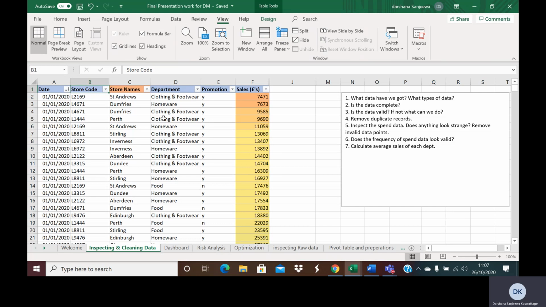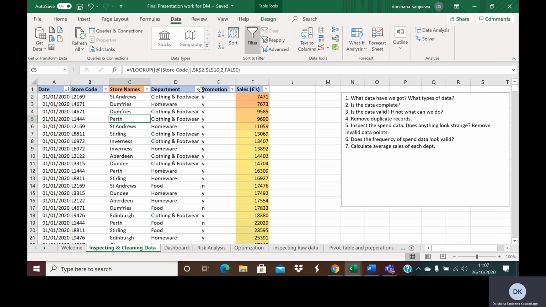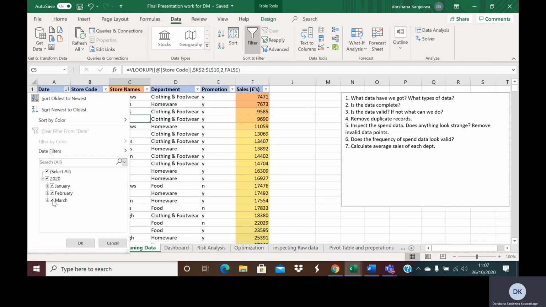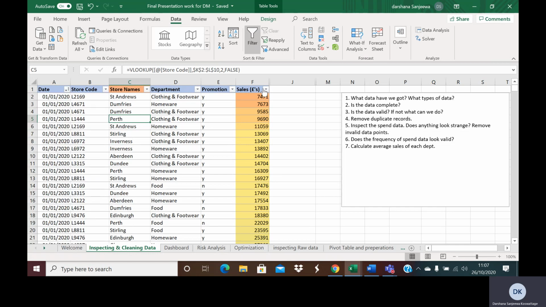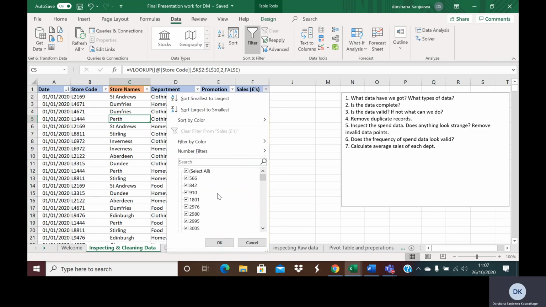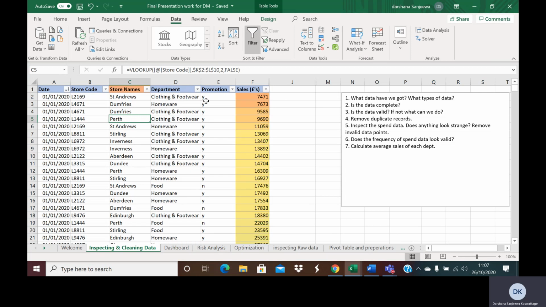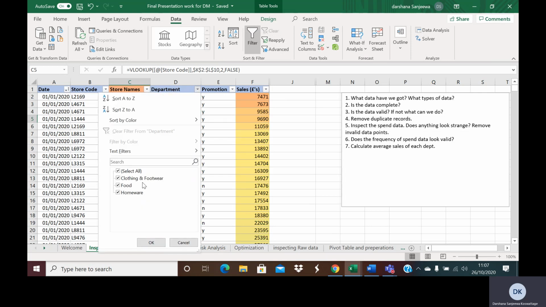Soon after freezing the top row, I used the filter options to filter the table. This basically gives me an idea whether there is any blank, whether a column can be categorical, or whether it is other information, so you can basically think what sort of